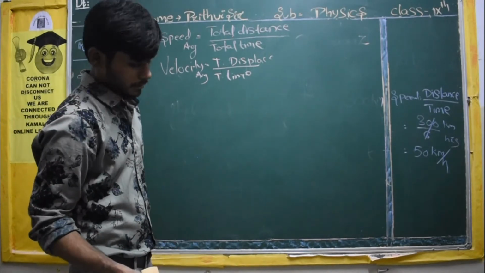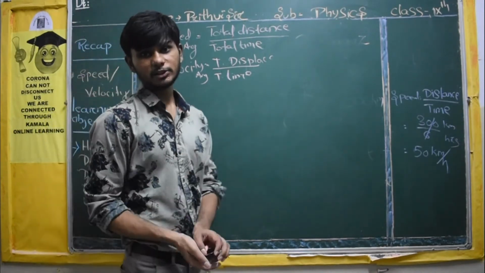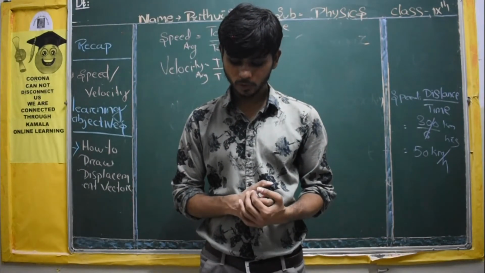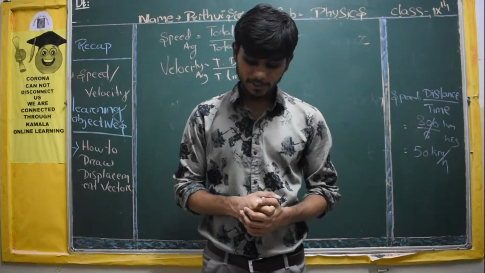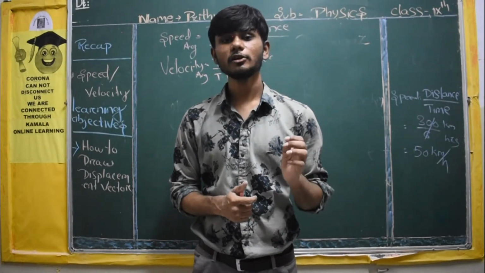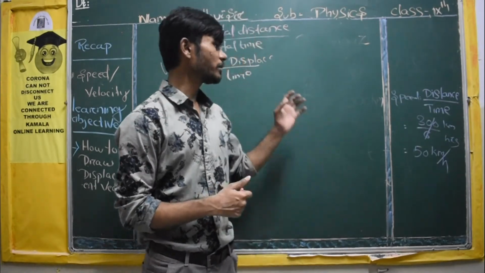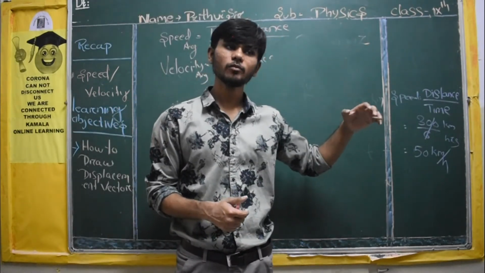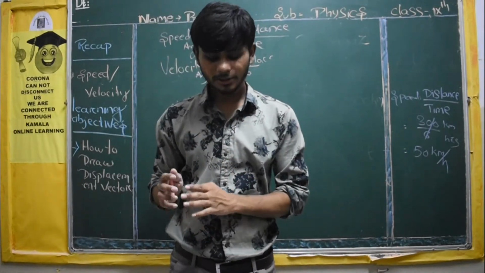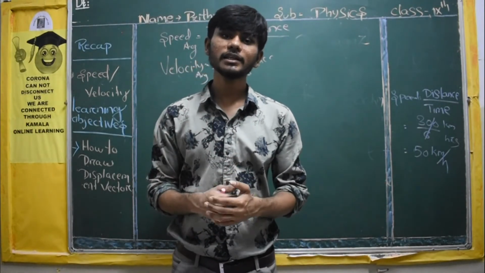Here is an important note you need to understand, students. The quantities average speed and average velocity explain the motion of a body in a given time interval. They do not give any information about the motion of a body at a particular instant of time. From our previous diagram, we can conclude that the total distance covered by total time taken is called average speed.